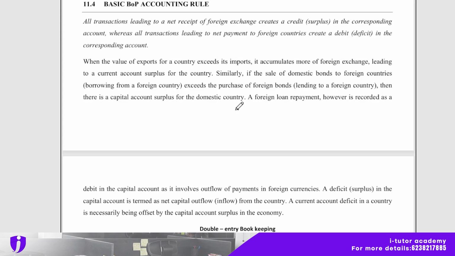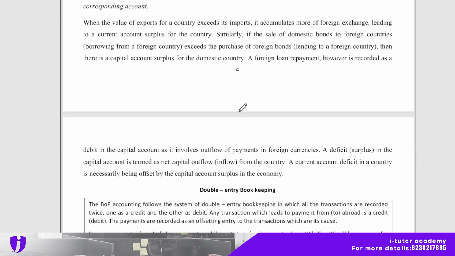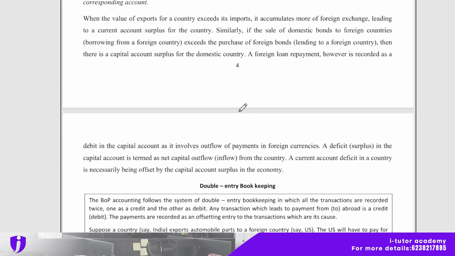Whereas all transactions leading to net payment to foreign countries create a debit, that is a deficit, in the corresponding account. When the value of exports for a country exceeds its imports, it accumulates more foreign exchange, leading to a current account surplus for the country. Similarly, if the sale of domestic bonds to foreign countries, that is borrowing from a foreign country, exceeds the purchase